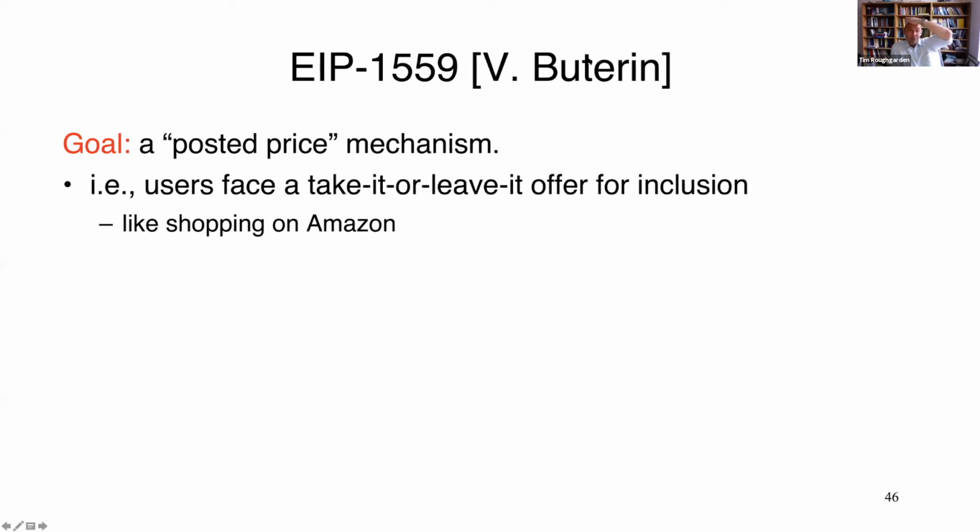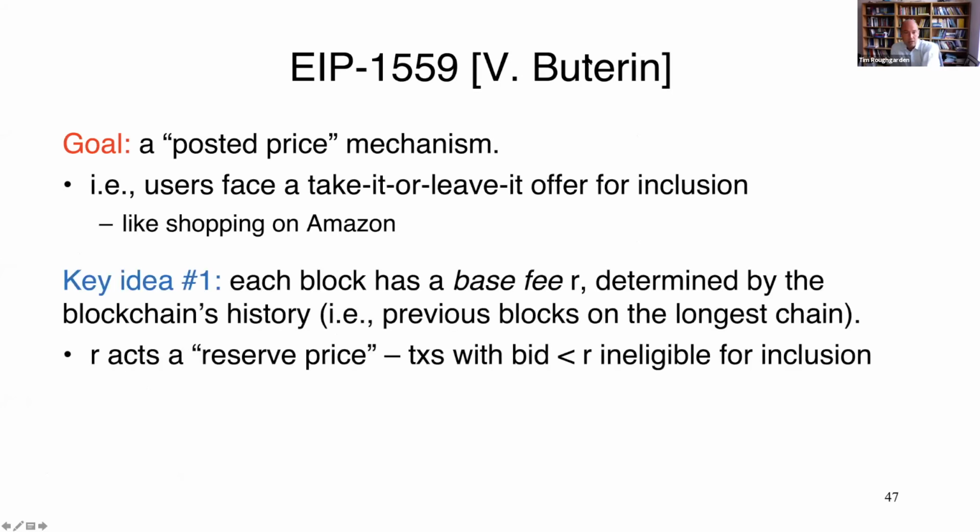It's actually several changes all at the same time, several interlocking changes to the transaction fee mechanism. The goal, again, remember, is to make it much easier to figure out what to bid, what fees to set for Ethereum transactions. So there are going to be three key ideas. I'll walk you through one at a time. The first key idea is an idea that it seems like we already shot down. It seemed like it didn't work, which is we're going to have a reserve price, which in 1559 is known